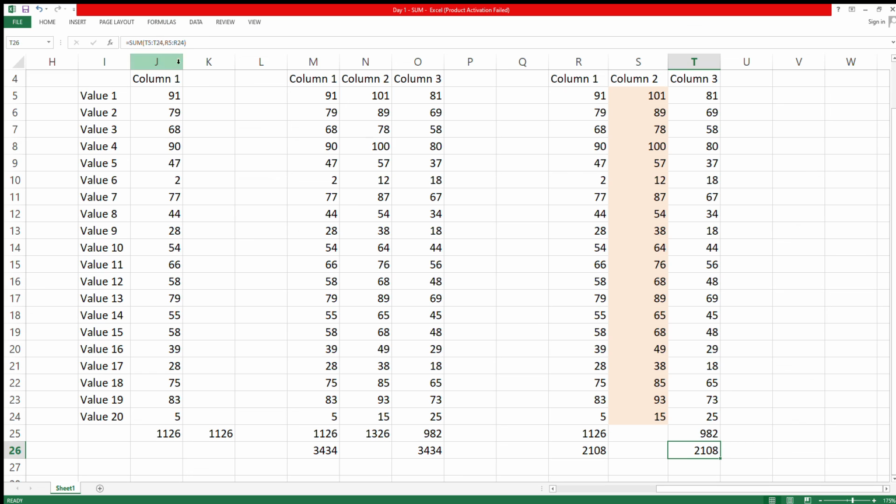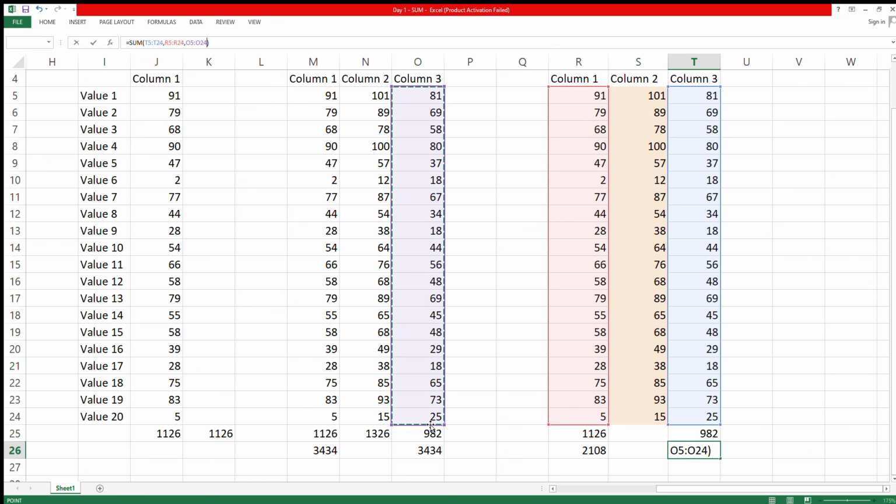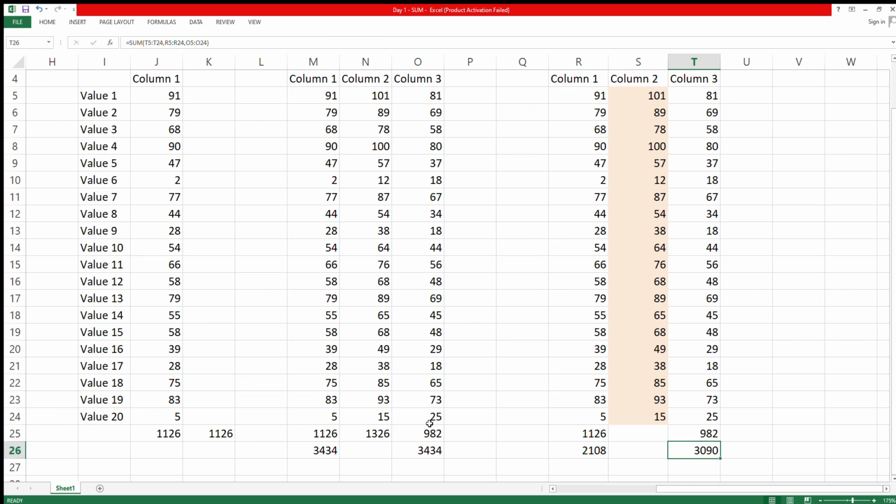In the same way, if you have three columns, again add a comma, come here and select the sum range, and now you have three columns. See, the sum will come. So that is how the sum works.